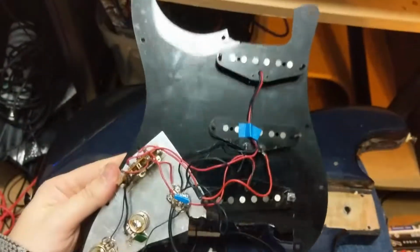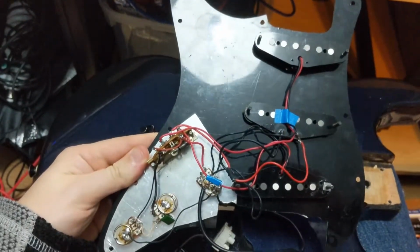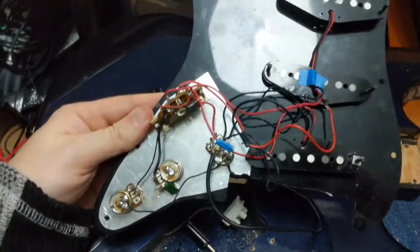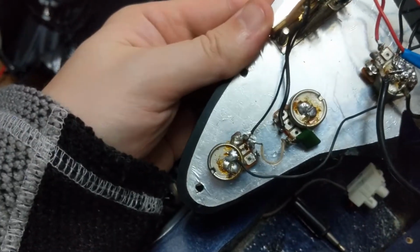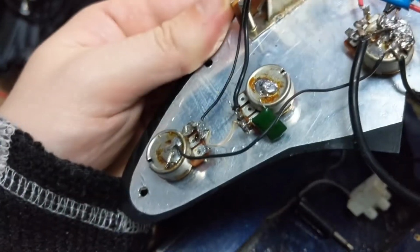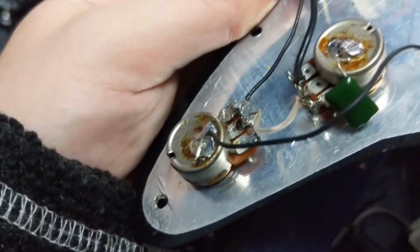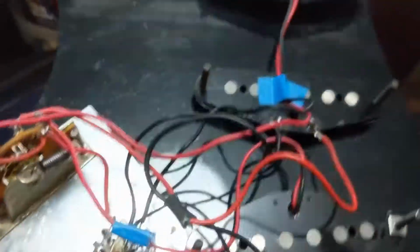The pick guard, I've checked the wiring and it is wired exactly as per a standard Stratocaster. The only difference is it's not done very neatly, and the tone pots are 500k, whereas I believe they're normally 250k on a standard Strat. I'd have to do my homework to check what kind of difference that would actually make, but as you can see, the solder jobs aren't brilliant, which isn't the end of the world. But one thing that really